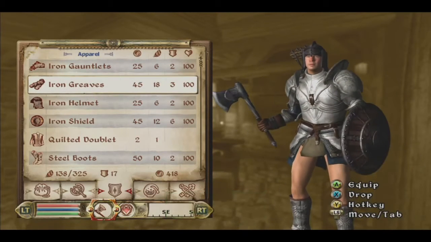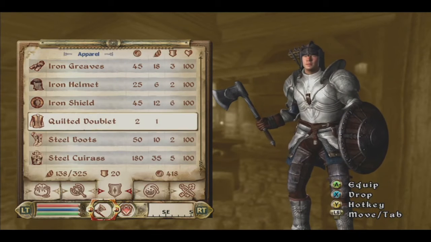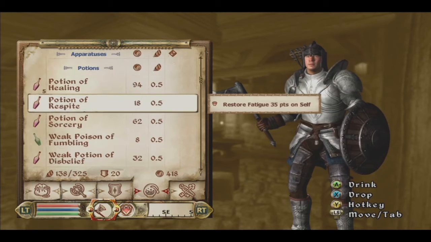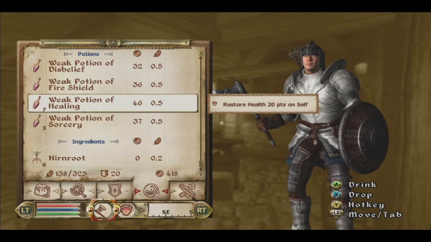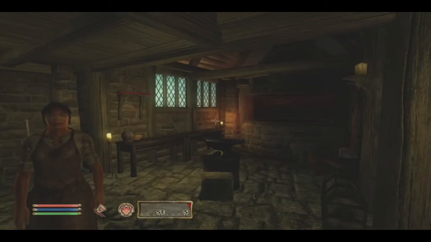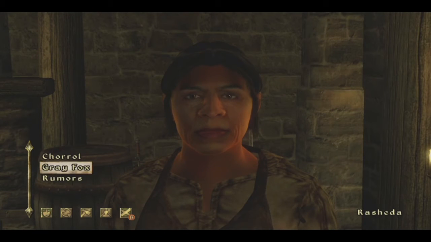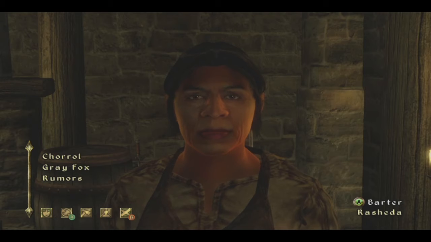I'm missing pants. There we go. We have pants. There's some stuff that she didn't buy. We'll have to sell. But as much as I want to keep saving up so I can get...